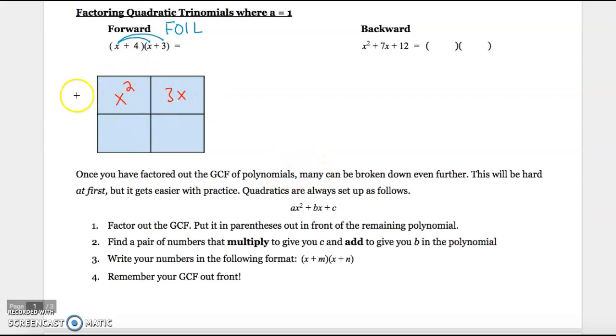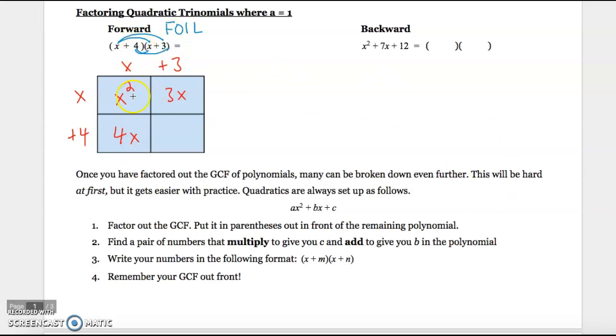Oh, I'm sorry, I should be setting this up properly. So there's one factor, and then there's your other factor. There we go, okay. So x times x gives you x squared. X times 3 gives me 3x. Your inside terms, 4 times x, would give me 4x, and then 4 times 3